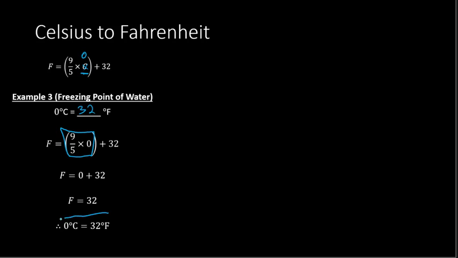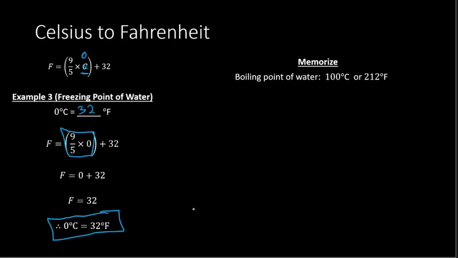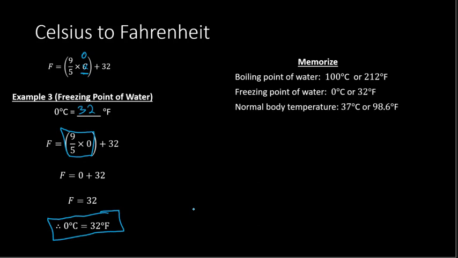So 0 degrees Celsius would be 32 degrees Fahrenheit. And this is a third fact you should have memorized as well, the freezing point of water. So in this lesson, the three things you want to have memorized, the three facts, in addition to the formulas, are going to be the boiling point of water, the freezing point of water, and the normal body temperature. So make sure you know those, and then make sure you have the formulas memorized, and then know how to plug in numbers as needed to convert from one